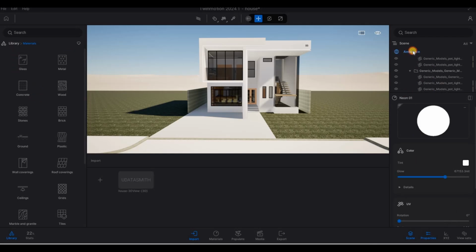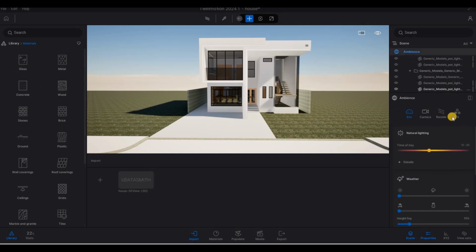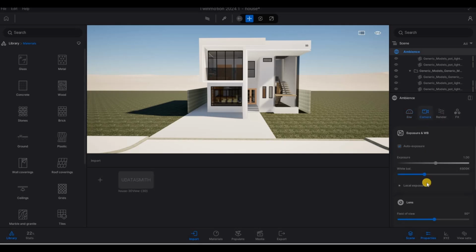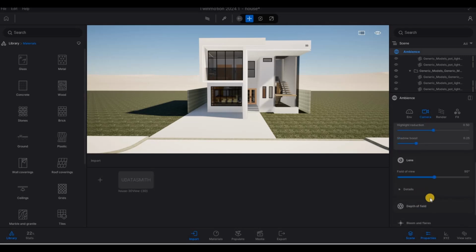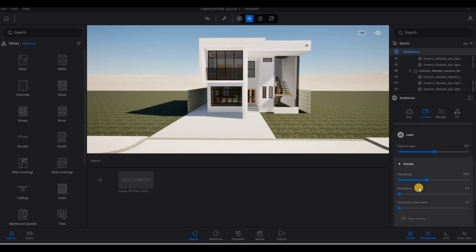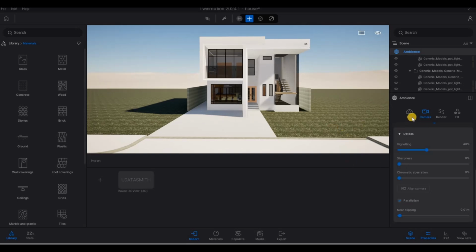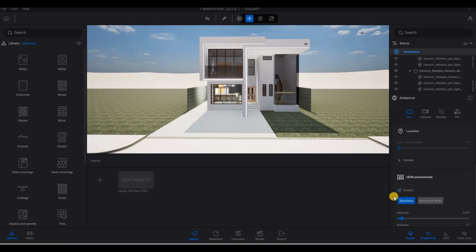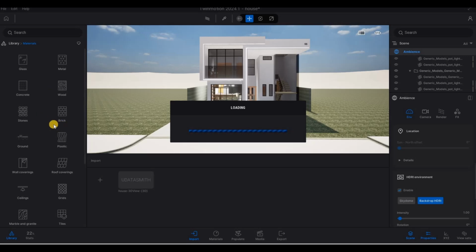And then let's click this and go to camera. This is very important that you enable parallelism, so check that, very important to do. And then go to environment, HDRI, enable this one as well, and backdrop HDRI. And then you can go to library,